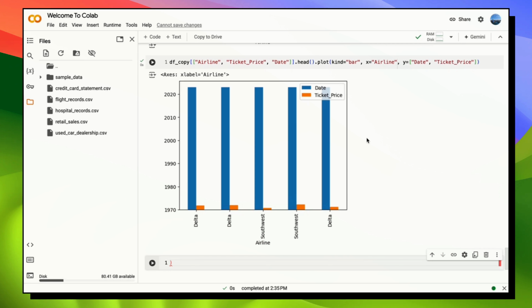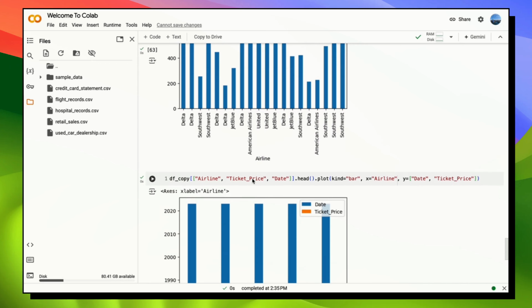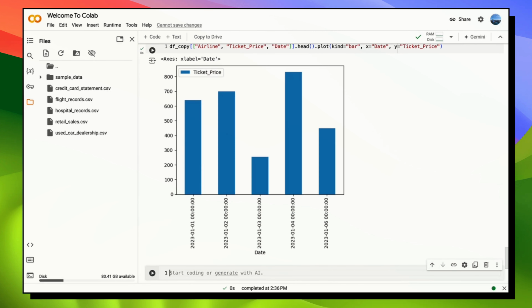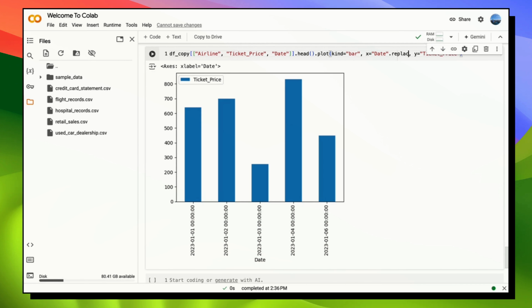This is how it makes sense though. So what we can actually do is we're just going to put the x-axis as a date, and this is purely going to be